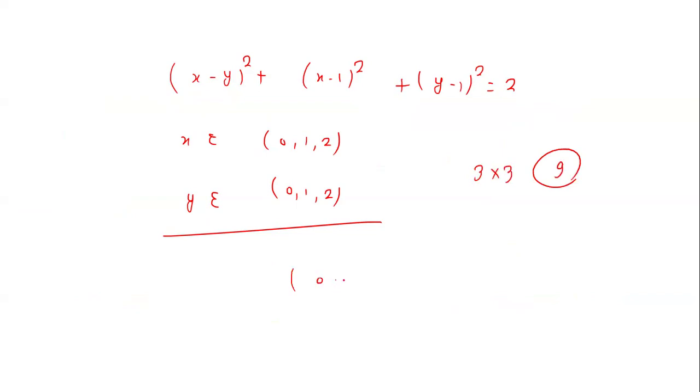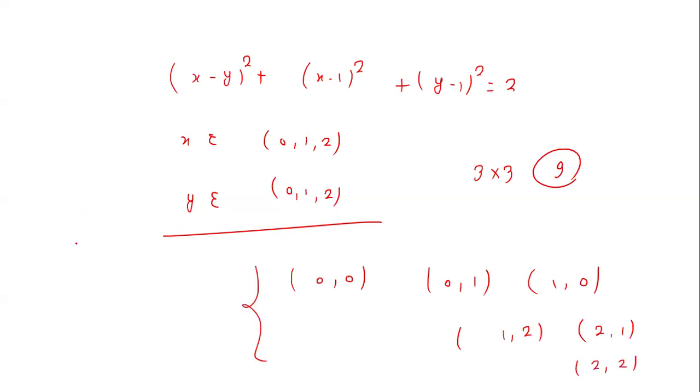Of these, (0, 0) is satisfying, (0, 1) is also satisfying, (1, 0) is also satisfying, (1, 2) is also satisfying, (2, 1) is also satisfying, and (2, 2) is also satisfying. So these are the solutions we have from here, and initially we have the (k, minus k) type where k is an integer, which also includes 0, so that is common to both. So these are the different solutions of this equation, and in this way we can solve this.